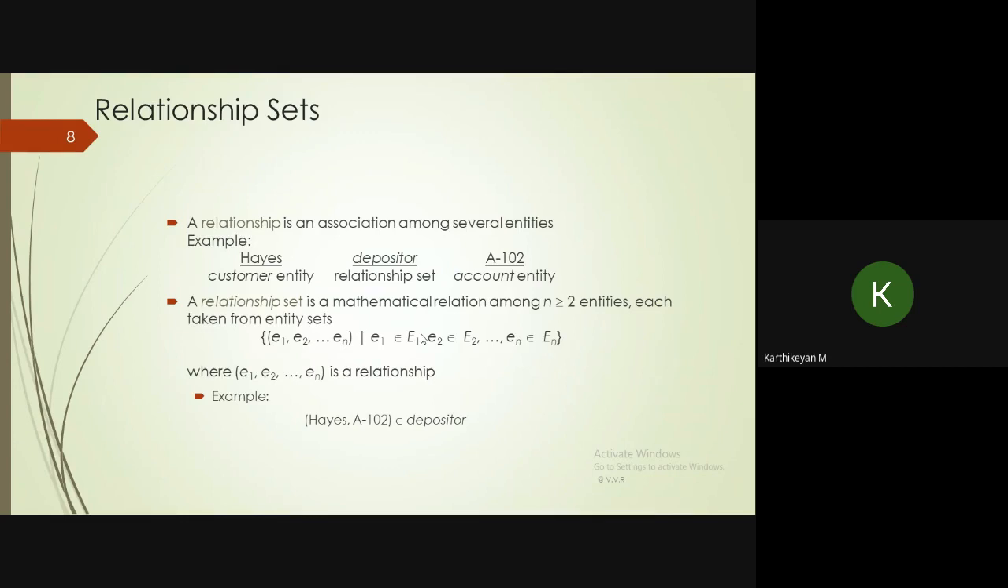In the diamond symbol, you can write customer-loan. If you know the exact relationship, you mention it between the customer entity and the loan, for example borrower. Borrower is the relationship between the customer and loan. If you don't know the exact relationship, you can simply write customer-loan in the diamond symbol. A relationship is how an entity set gets associated with several entities. For example,